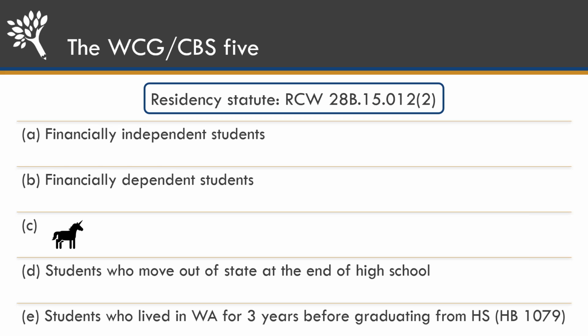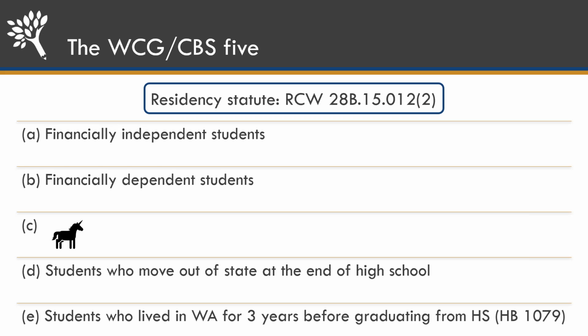C is a unicorn because it's a rare beast, meaning that I don't know if anyone will ever see this student. It has something to do with being enrolled continuously since the early 80s. If you do find that student, I want to meet them and shake their hand. D is not necessarily rare, but not super common, and it's really meant for students whose parents maybe moved out toward the end of high school to another state. It also supports a few other students. I'm not going to get into it too in depth, but just know that that's kind of a backup for some students who might have moved later in their high school career.